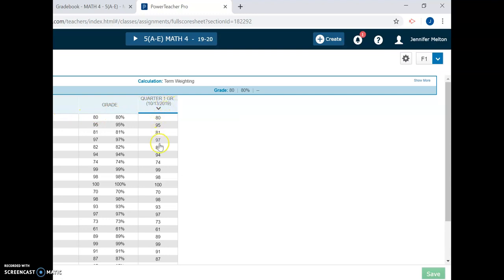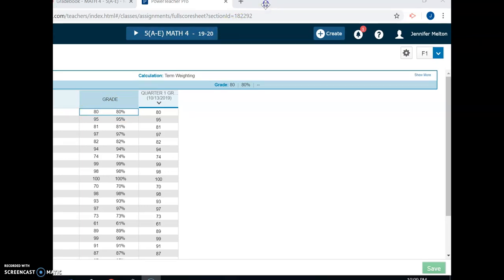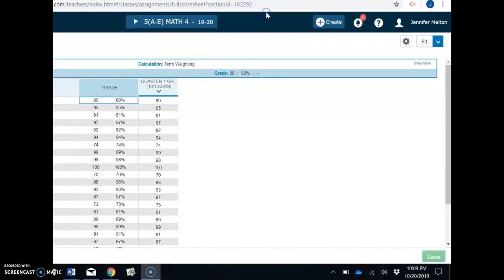And now here are the grades. You want to make sure that your grades match up with what you put in Canvas. All right, from here, this is where you're going to put in comments. Now, it's really hard for me to put in comments and not show the name. So I'm going to attempt to try and